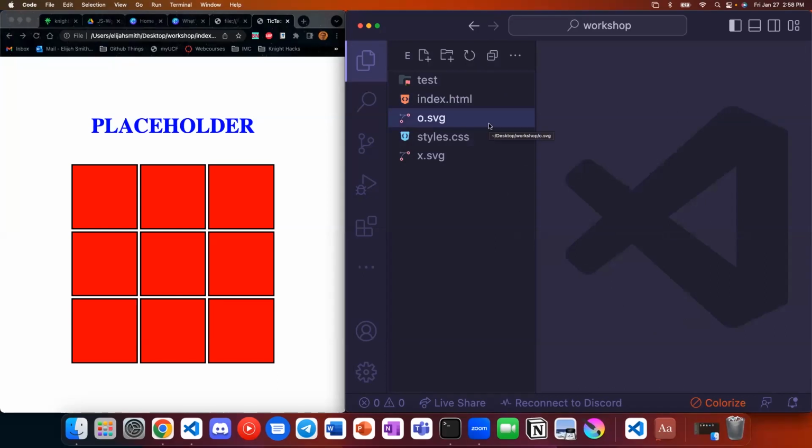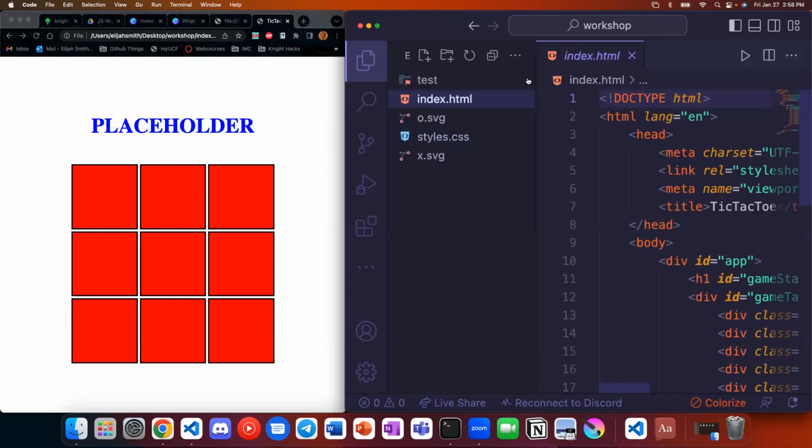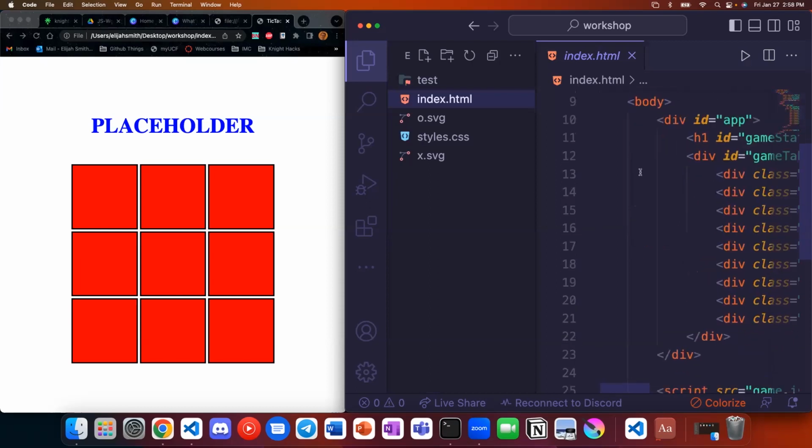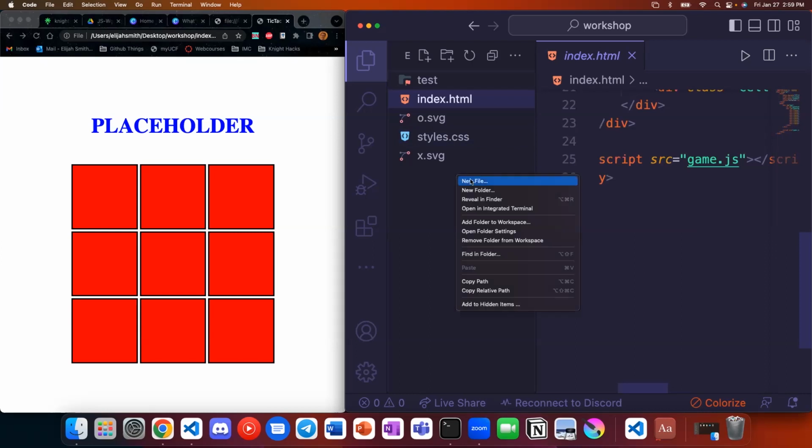And let me just pull up this just to make sure that I'm doing everything correct as we go. What we're going to do is, if you notice in the index.html here, and we go all the way down, there is a script tag being imported, which means I want to take a JavaScript file and embed it into the page and have it execute. It's called game.js, which does not exist. So we're going to create that right now.